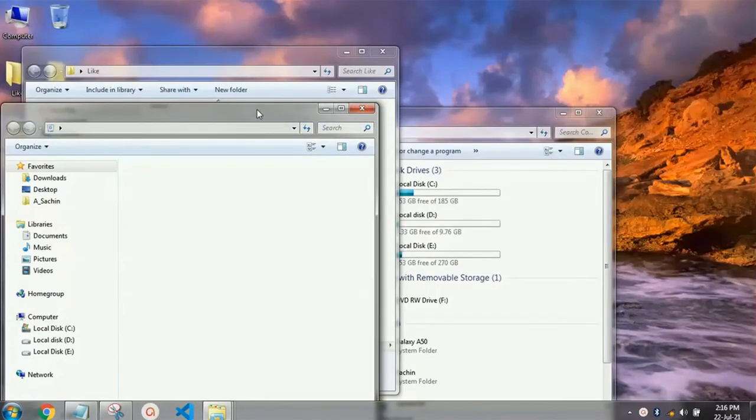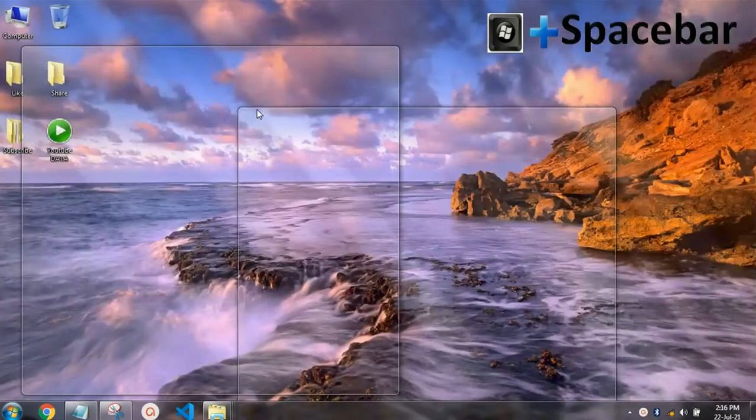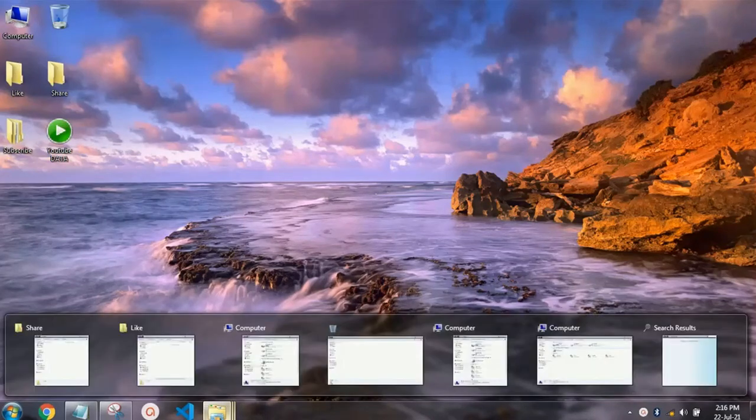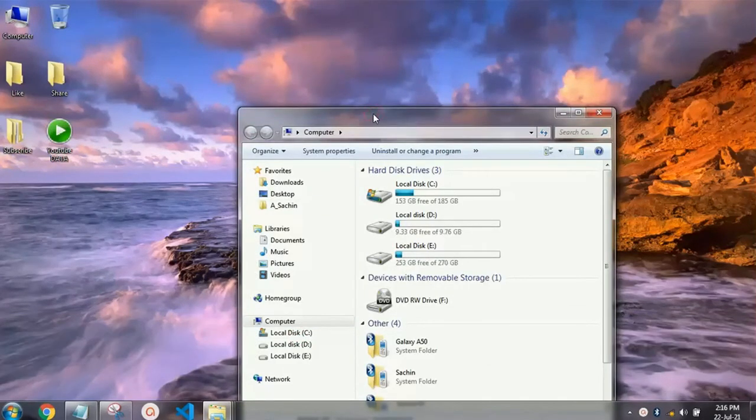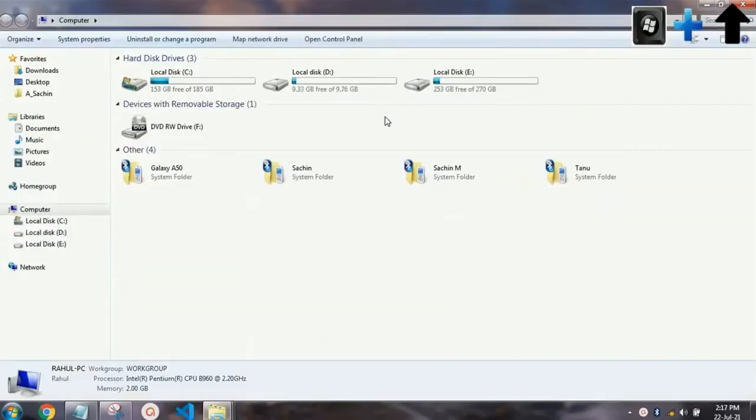Shortcut key number 18. If you are working on your folder or on Microsoft or any program and you want to preview your desktop, then just hold your Windows button and press the space bar. You can get a preview of your desktop easily. Shortcut key number 19. It is very interesting. Normally we split, I mean we split screens in our mobile, but you can do this in your PC also. If you want to maximize this folder, no need to click here. You can just select your folder and then just press Windows plus up arrow. Your folder will automatically maximize.